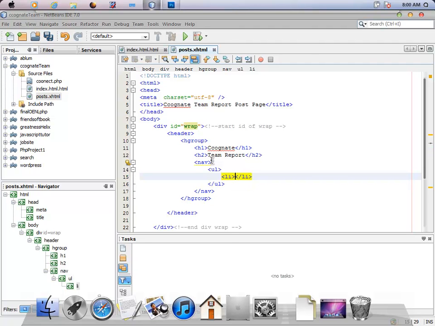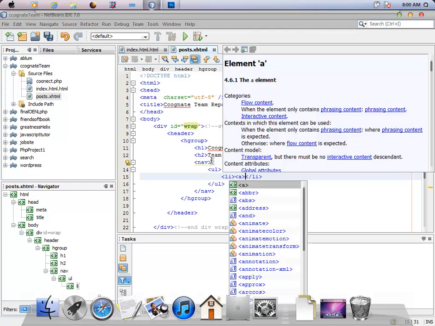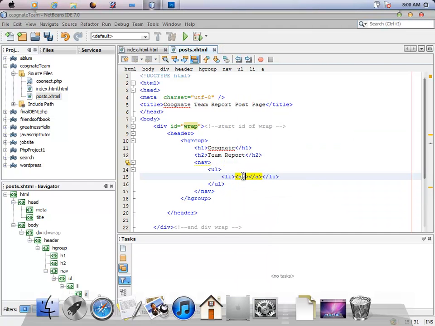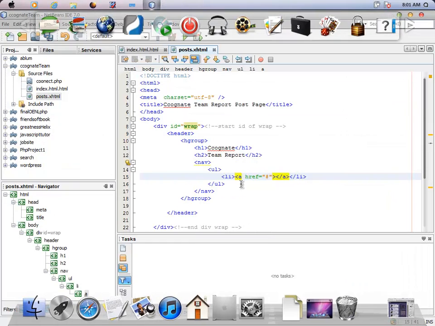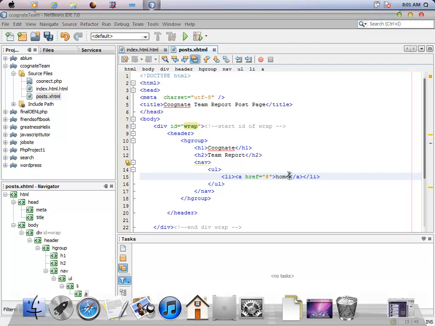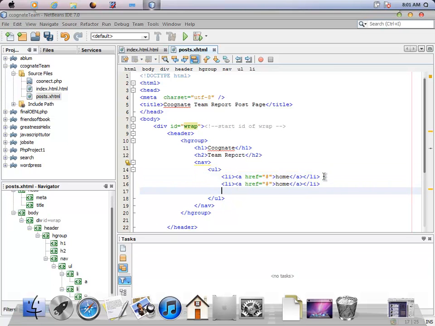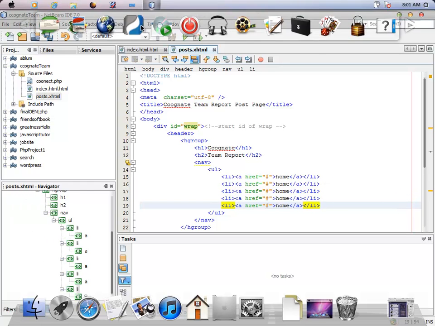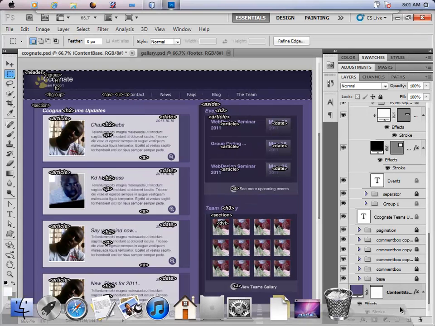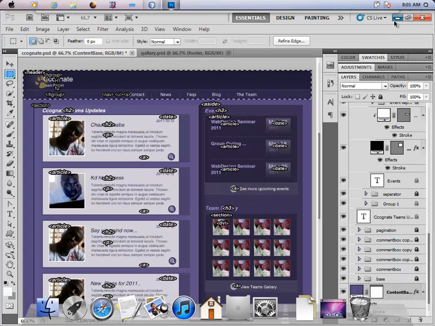Press enter, enter my link tag, press enter, it comes out href equals to a hash, and we're just going to enter each of the links. That was one. I think we have about five. I'll copy: two, three, four, five. So we have five now created. So I'm trying to make use of copy and paste. So I'll say contact, news, FAQ,